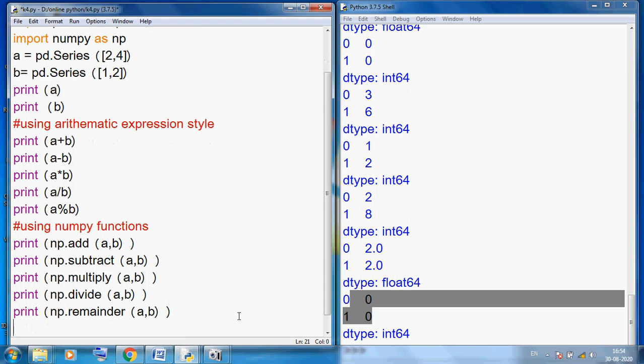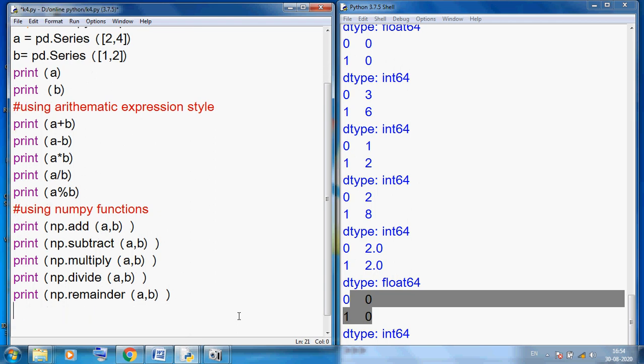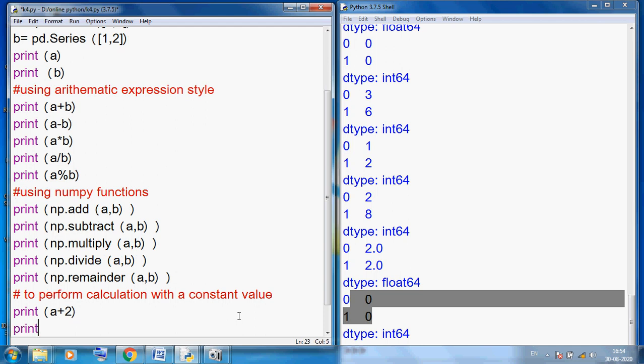Now to perform calculation with a constant value. We can also use a constant value. Suppose print a plus 2, print b minus 3.